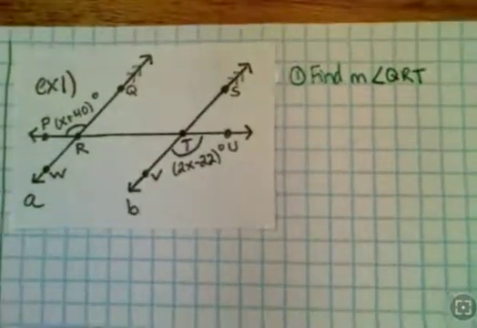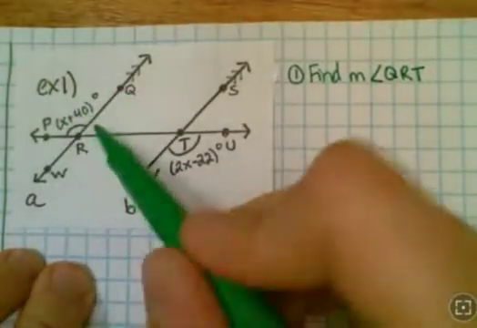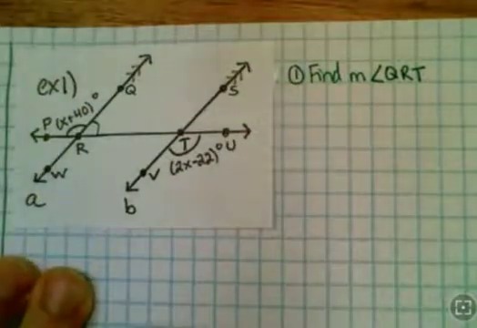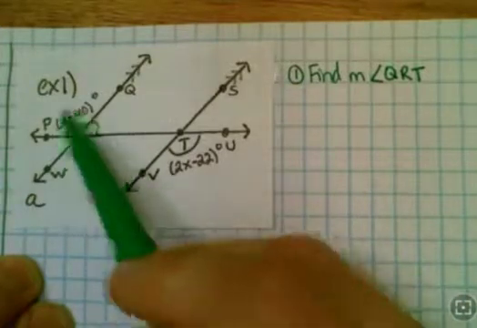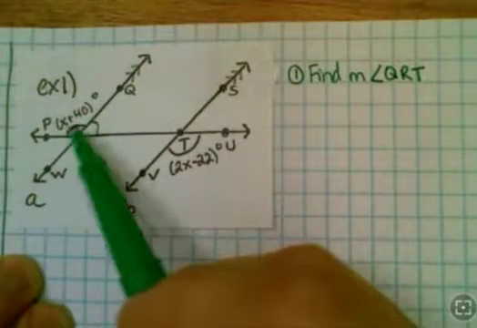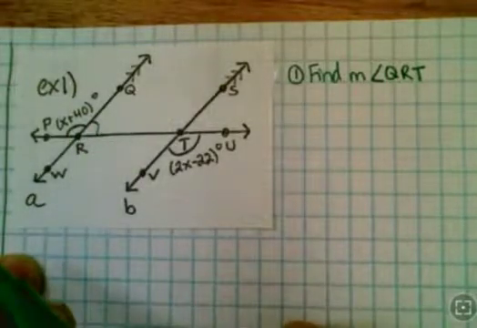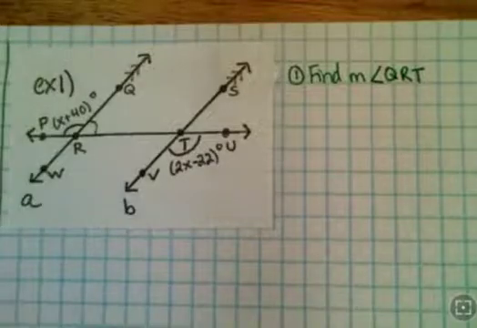And this is not an easy problem because angle QRT, if we look at it, I have no information about that angle at all. So I'm going to have to kind of work my way backwards. I know if I learn what this angle is, I can find this angle, right? Because these are a linear pair. So I think what I'm going to do is start with the two angles that I know something about,